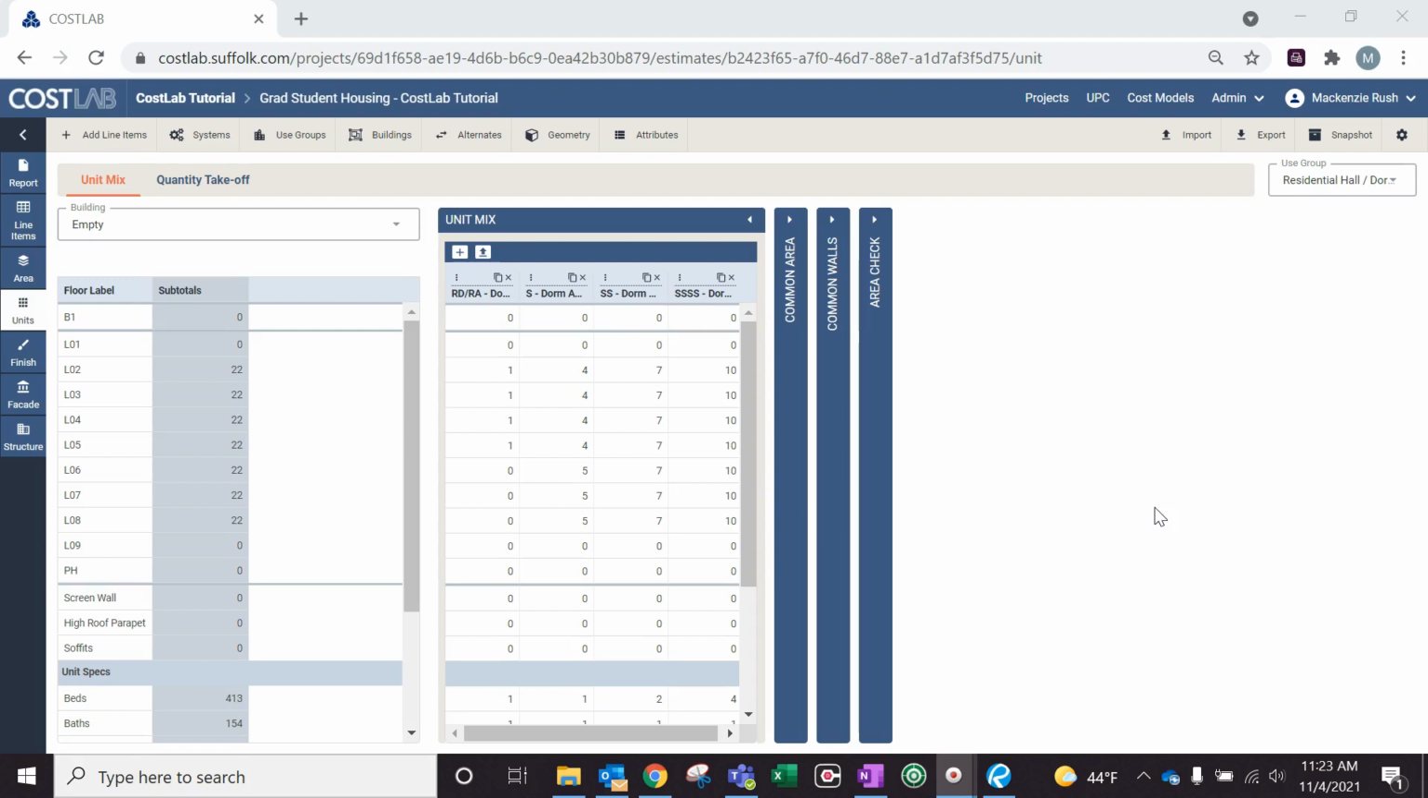Now, when we think about these interior spaces within the context of any residential project, which will include hotels, dorms, apartments, condos, etc., there are really two categories of interior space. There are private spaces in which people live, which we refer to as units, seen here as RD or an RA type of dorm, apartment, a single bedroom, a conjoined suite with 2 singles, or a quad suite with 4